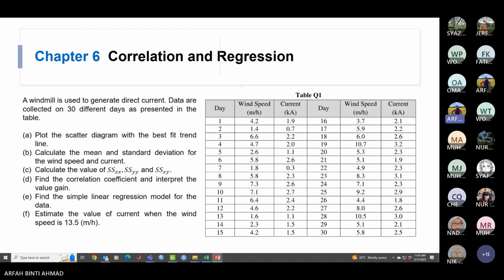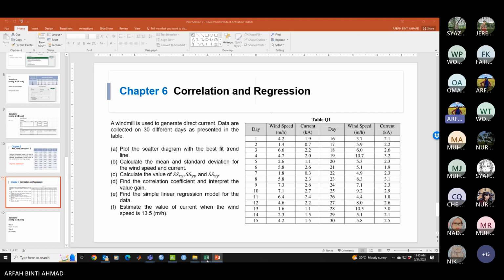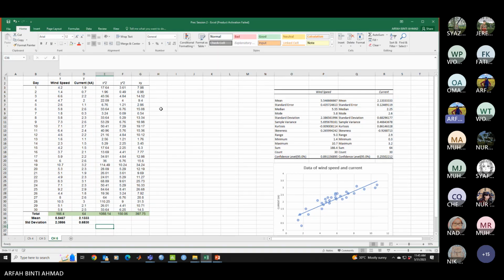Find the correlation coefficient and interpret the value. What will be your R? And this one, what will be Y equal to A plus BX? So what will be A and what will be your B? So from here, if you want to calculate the R by using Excel, you can just go to